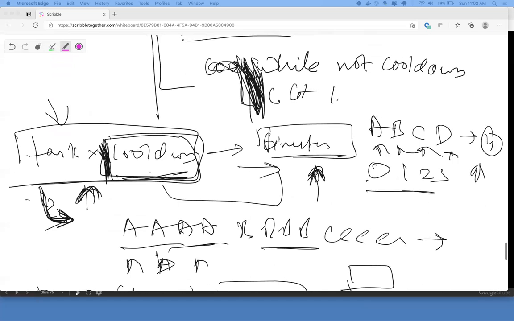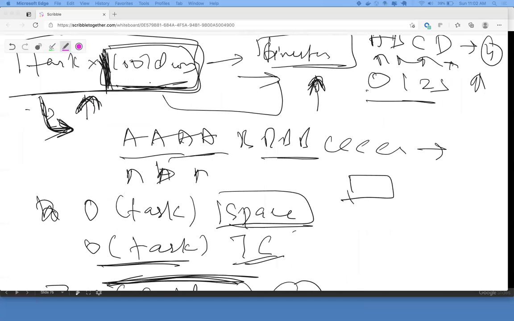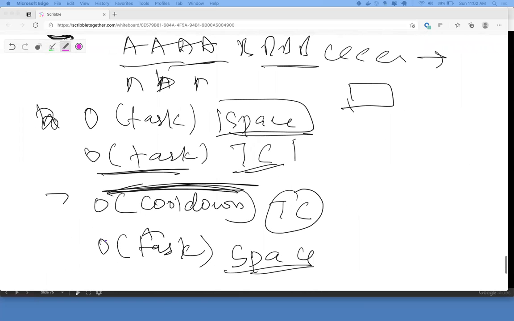Okay, so I have one question, Devin and Arya and Maharanjan. We came up with O of task, right? Does it make sense to code this up first, or should we go into the O of cooldown? Can we code it up so we can visualize it better that way? Just pseudocode is fine too.